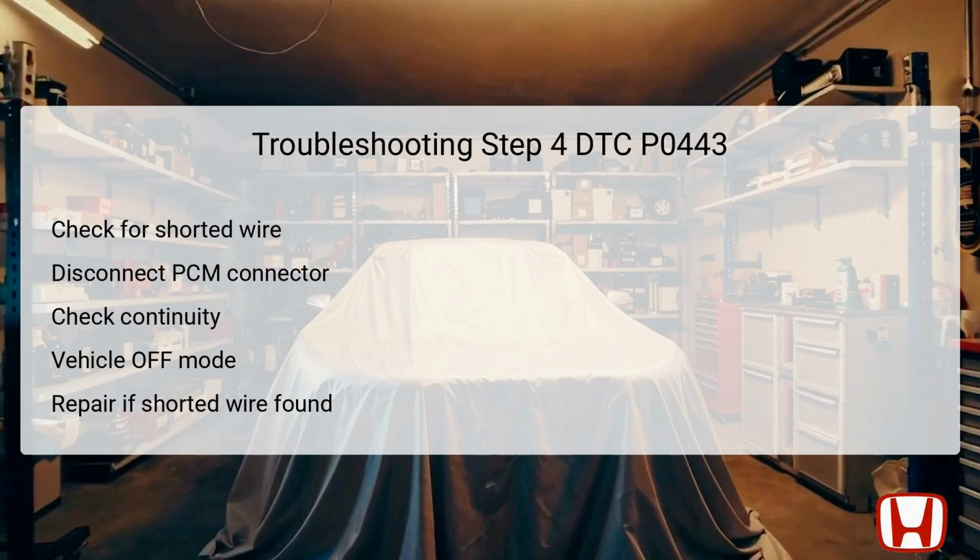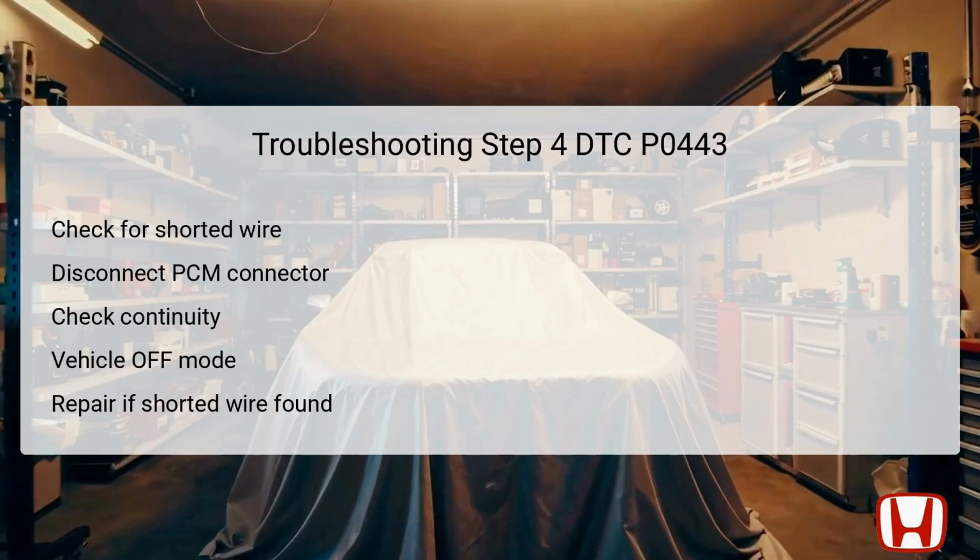With both the EVAP Canister Purge valve connector and PCM connector disconnected, check for continuity between the designated test points. Specifically, test point 1 should correspond to the female terminal number 1 at the purge valve connector, while test point 2 should reach body ground. If continuity is found at this stage, it may indicate a short somewhere along the wiring. If detected, repair the short in the PCS, purge control signal, wire between the PCM and the valve to resolve